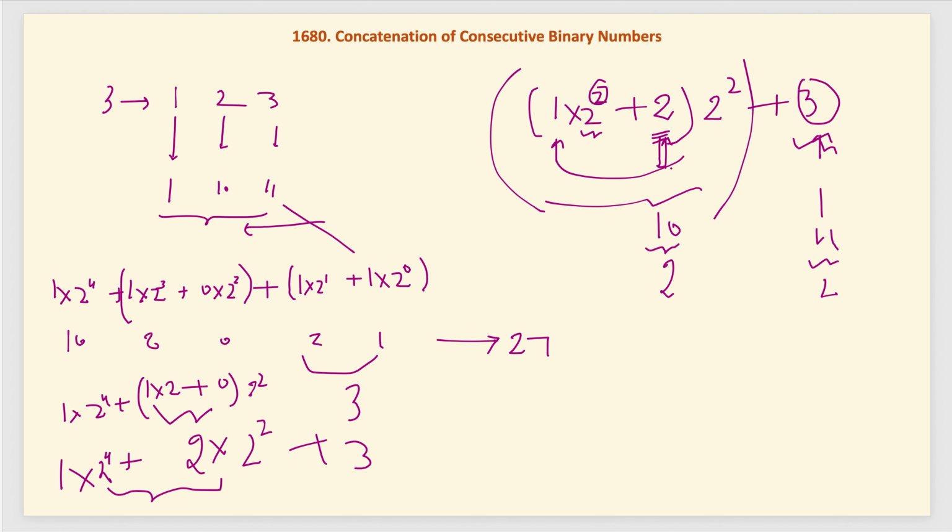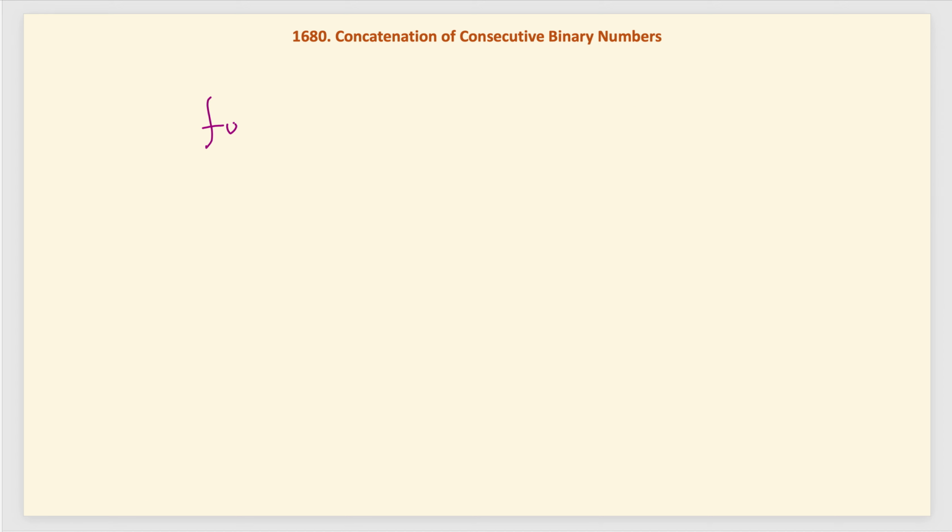So for solving this, let's understand here. We start a for loop from i equals 1 to n, and initialize a sum variable from 0. So we start adding to sum. Sum equals sum plus the current value i, and before that we will multiply the sum by math power of 2 to the power of the length of the bit representation of the current i.